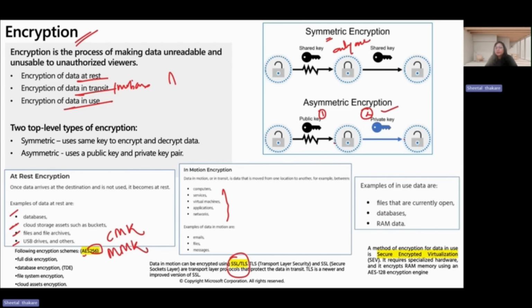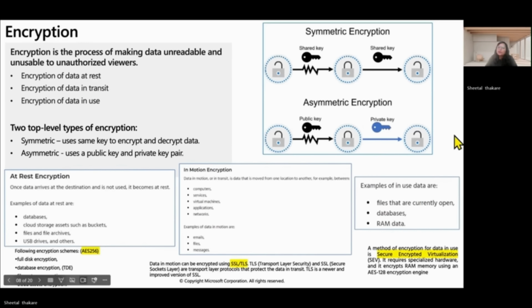You can use the secure socket layer SSL for encrypting the data in motion. Whereas in case of data in use, regarding the encryption, the device which is using the data will be used inside the memory, primary memory of a device. So that should have a secure